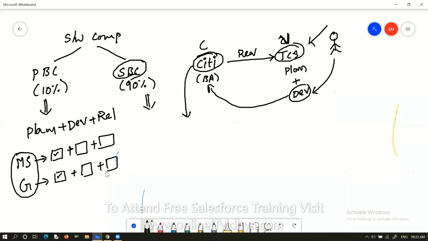But in a service-based company, no. Every 1 year they are going to change. Different projects, different areas of project development, and different technologies, even sub technologies, keep changing, so there is a chance of learning the subject very fast. So my recommendation is that you start with a service-based company. After getting a minimum of 5 years of experience, then move to a product-based company. That's the better option.